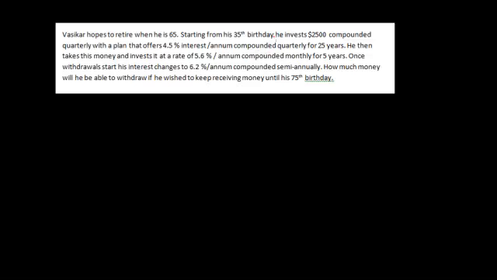So he invests $2,500. That's the R. It's compounded quarterly, so that'll play a factor in the I, which is 4.5. And this goes on for 25 years. So then, that's part 1. We color code this, part 1. Part 2,